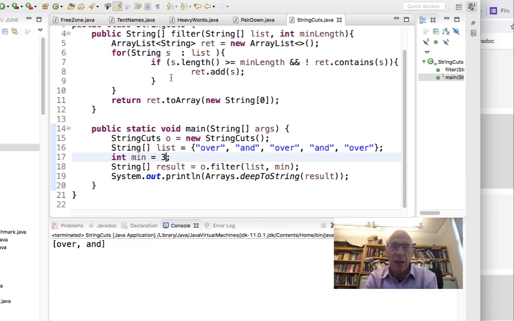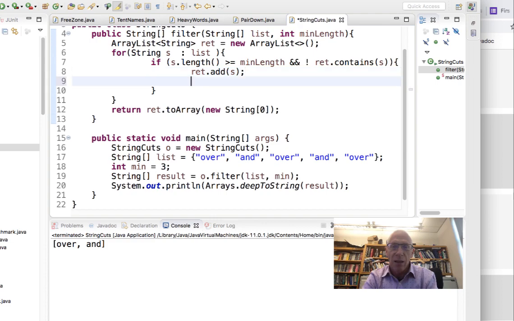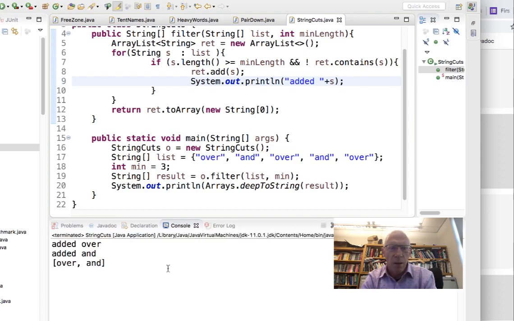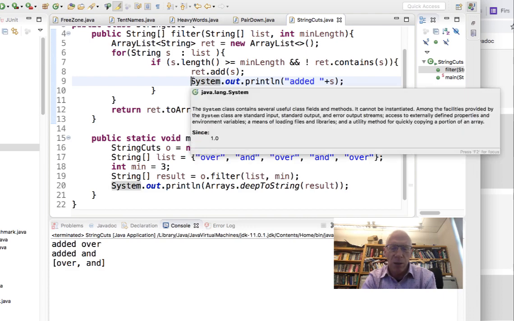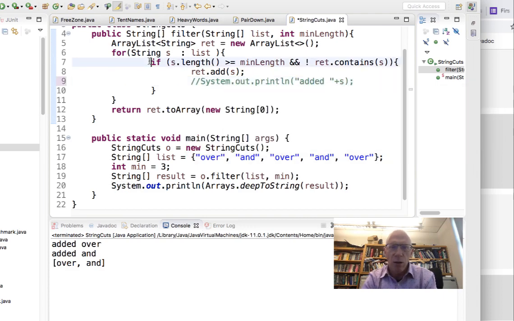I have an error, I can put in some debugging statements. Like I could put here System.out.println added s. When I run it again, I can see some print statements there, and that might be helpful in debugging. I can even put a print statement here that might help me,